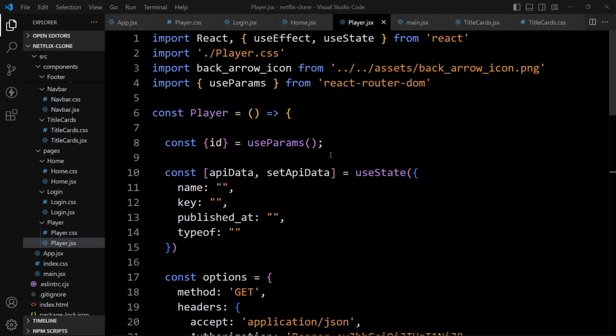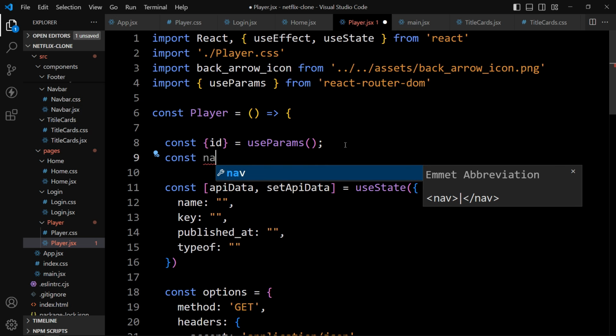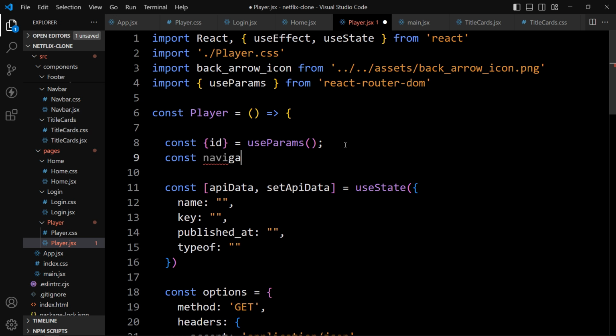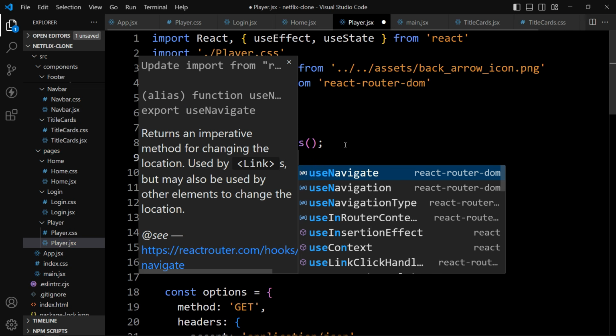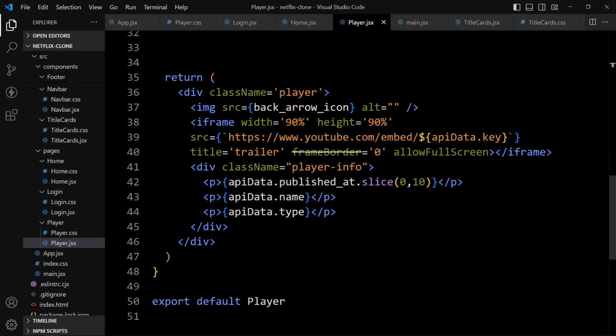So here let's add const navigate equal to useNavigate. Select it from here, so it will get imported from this React Router DOM. useNavigate. That's it. Now we will use this navigate. So we have added the img tag here.